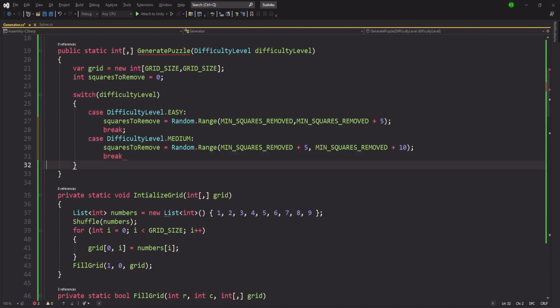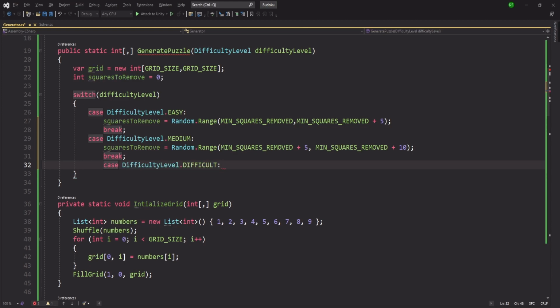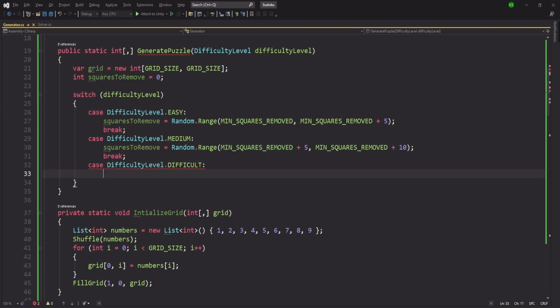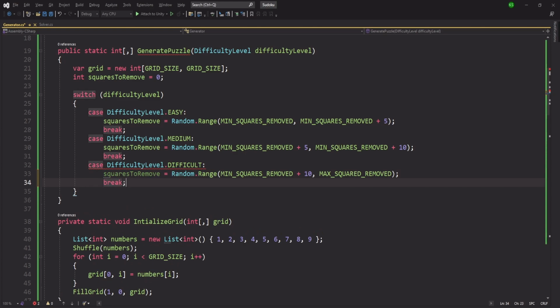And then we are going to break, and again case difficulty level dot difficult, our squares to remove is going to be random dot range from min squares removed plus 10 to max squares removed. And after that it is going to break,